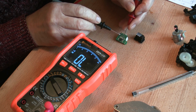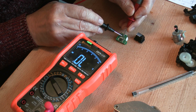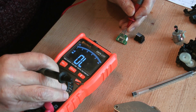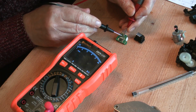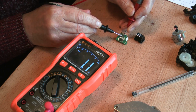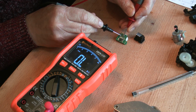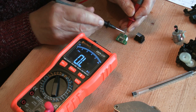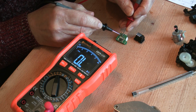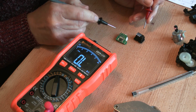Now, if we look at the second pin in relationship to the third pin in, we've got a short circuit. Let's see how exact that short circuit is. 1.1 ohms. Doesn't strike me as being good. Check with the outside pins. I think nothing, and I wouldn't expect to see anything going on the other pin. So we have a short circuit between pins 2 and 3,